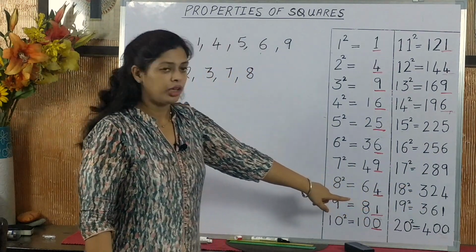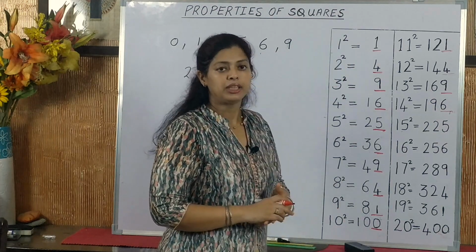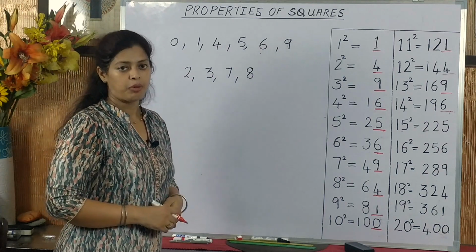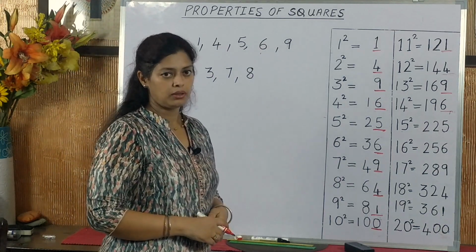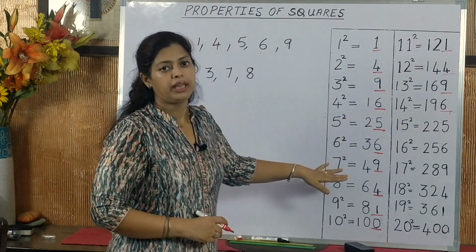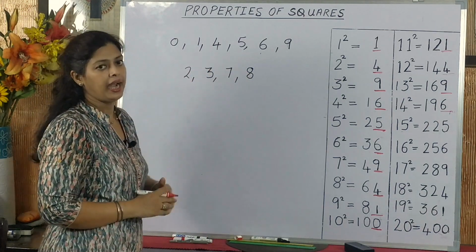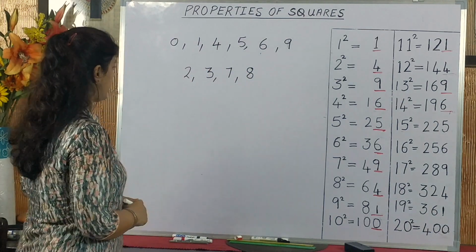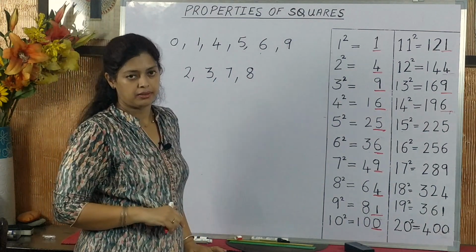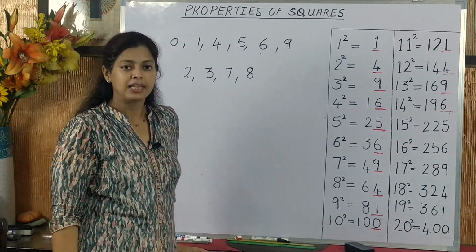And even if we see beyond 20 also, if we see the squares of numbers from 21 to 30 and so on, or any number, the same 6 digits will be repeated in the same order. And why is this so? This is so because all the numbers have the digits 0 to 9 only in their units place. So the squares also show the same digits as the ending digits. So from this we can say that if a number is ending in the digits 2, 3, 7 and 8, or if a number has 2, 3, 7 and 8 in its units place, it is not a perfect square number for sure.